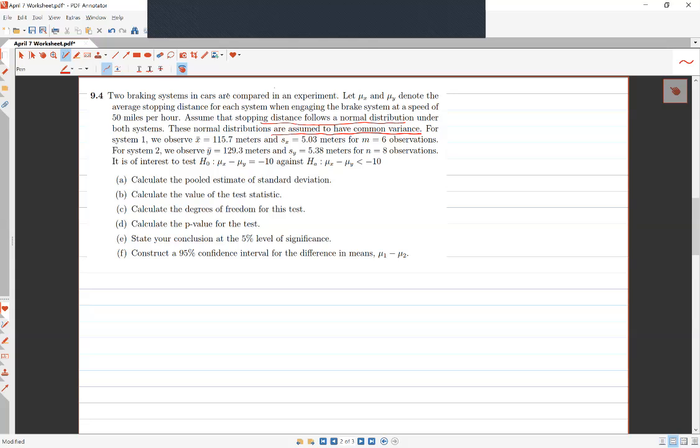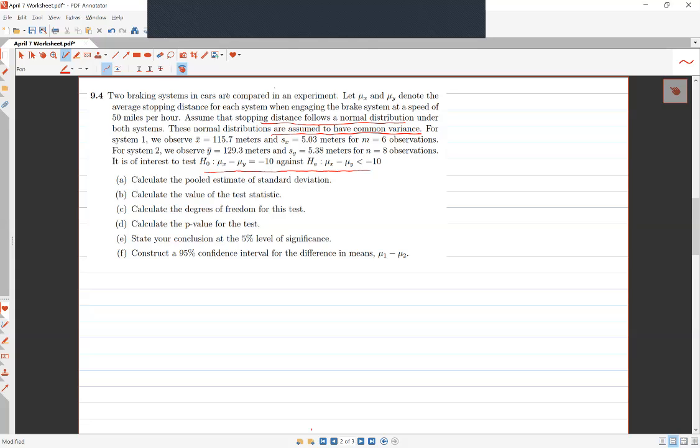That's the key phrase that you're looking for that really provides some simplification for the problem. And then we'll get to the sample statistics in a moment. 6 observations under one system, 8 observations under the other, and we have those average stopping distances and standard deviations. And in this case,